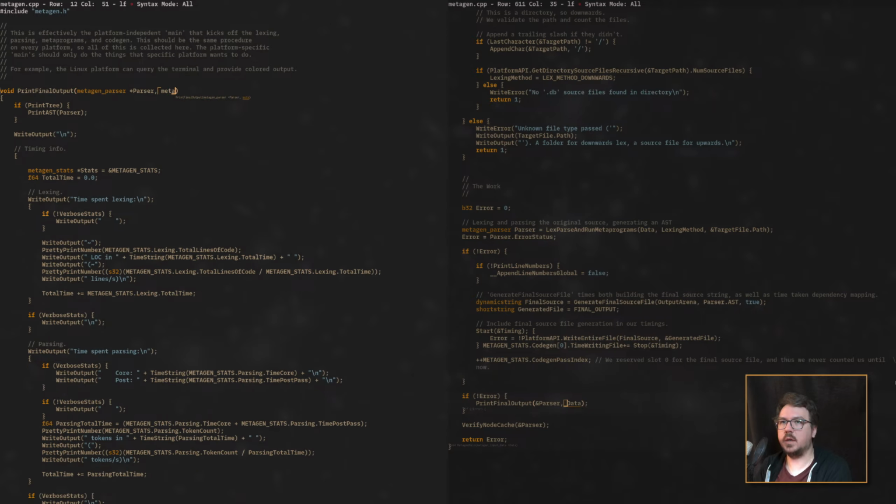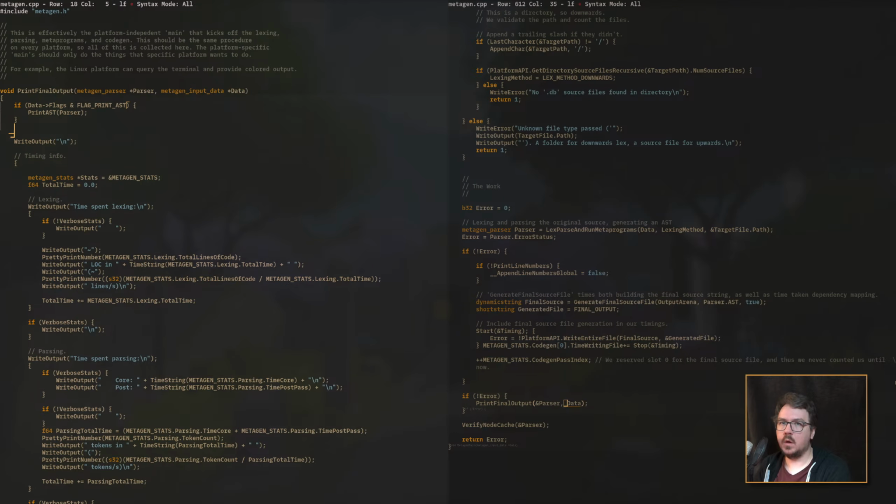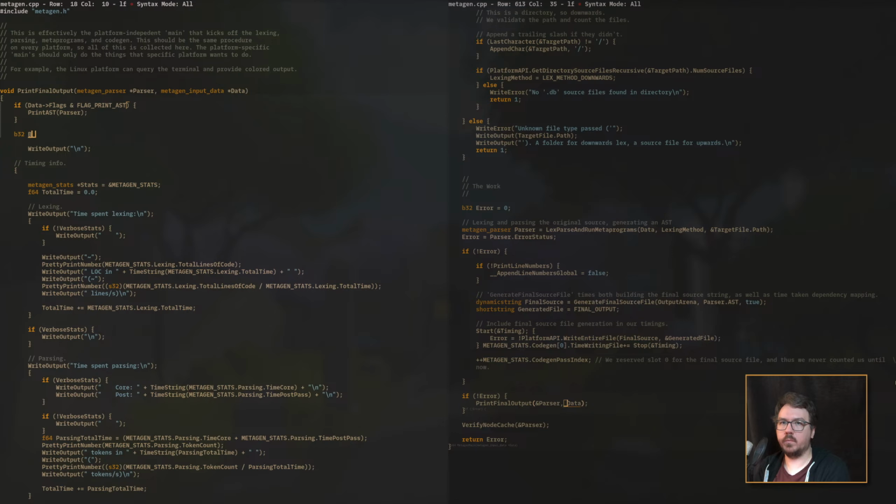This can just take data. So if data flags and flag print AST,